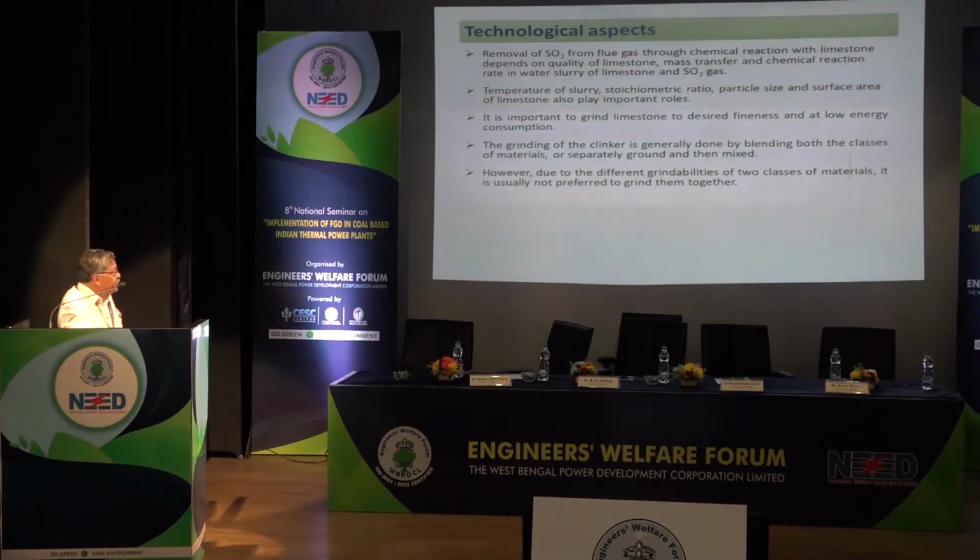Temperature of slurry, stoichiometric ratio, particle size and surface area of limestone also play important roles. It is important to grind limestone to desired fineness and at low energy consumption. Desired fineness means generally the limestone from mine what we get after initial crushing, ideally it should be 1 inch size, 25 mm, less than 1 inch, 25 mm. But very frequently that does not happen because